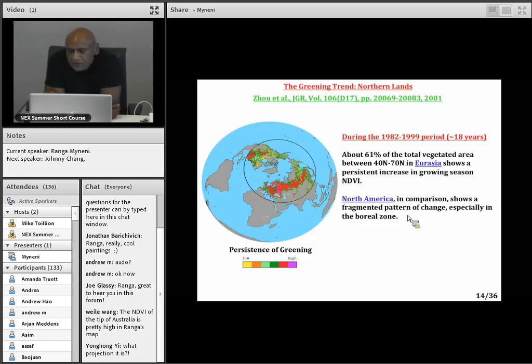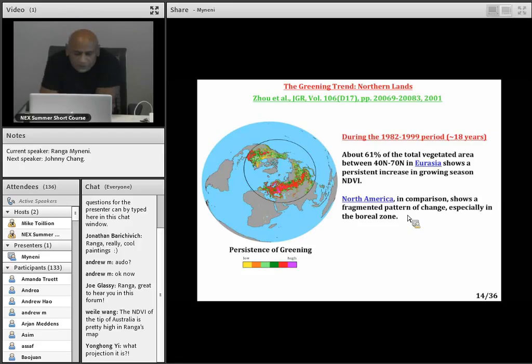So much so that in 2001, we had nearly 18 years of NDVI data, 1982 to 1999, and Zhou et al. in the Journal of Geophysical Research published a paper